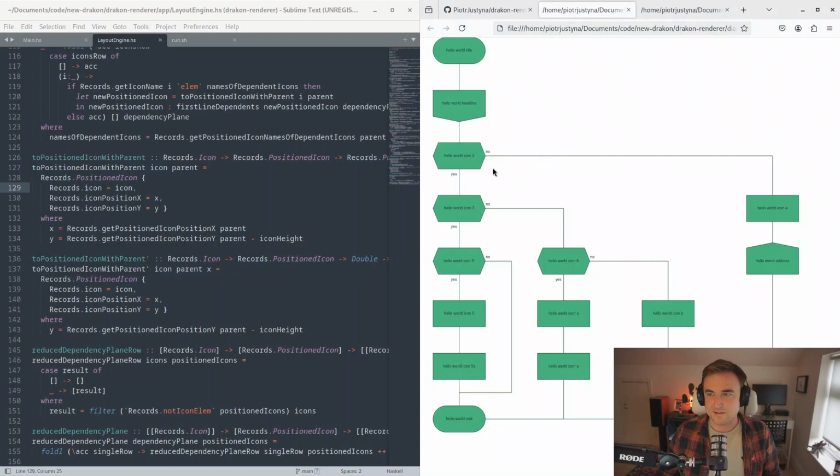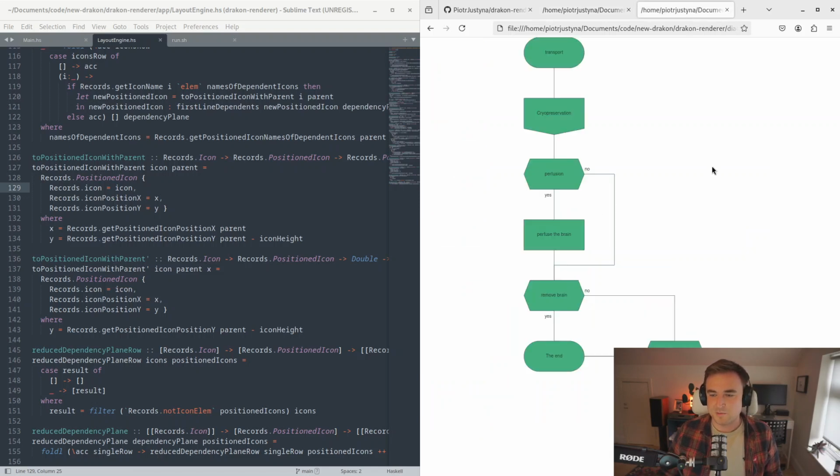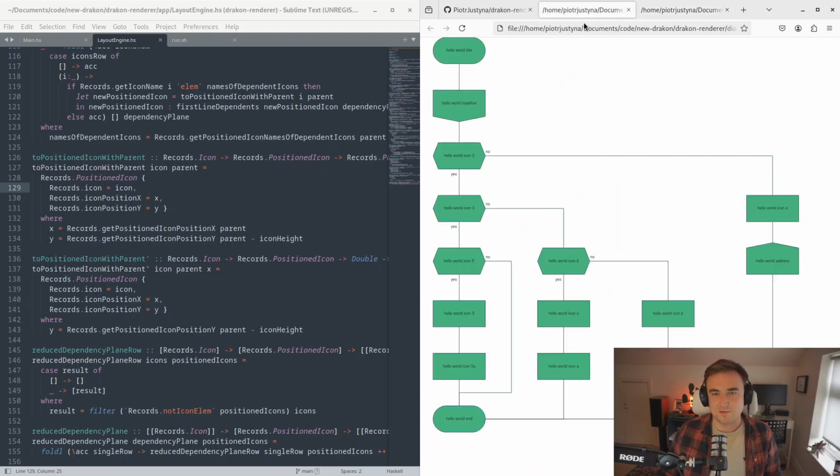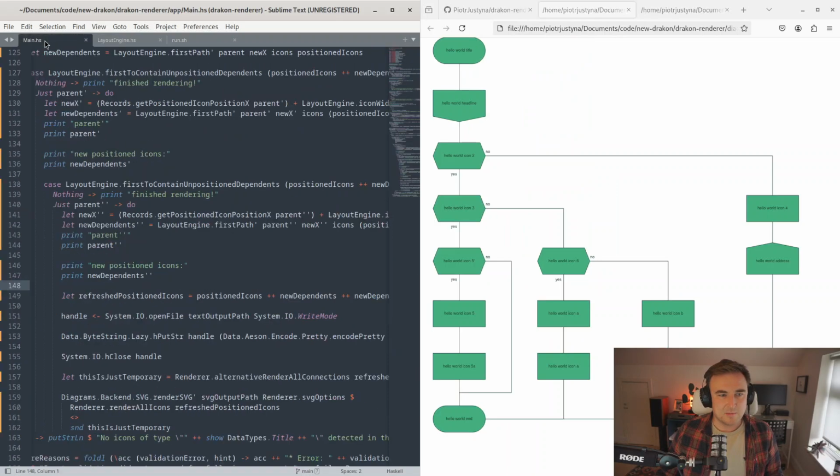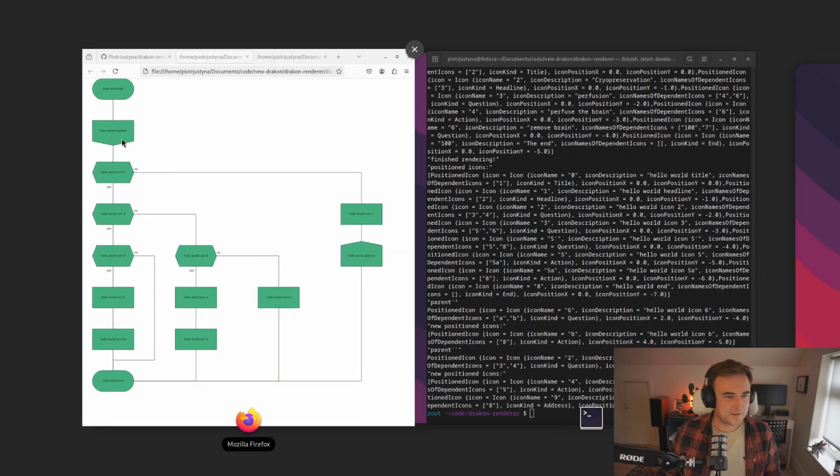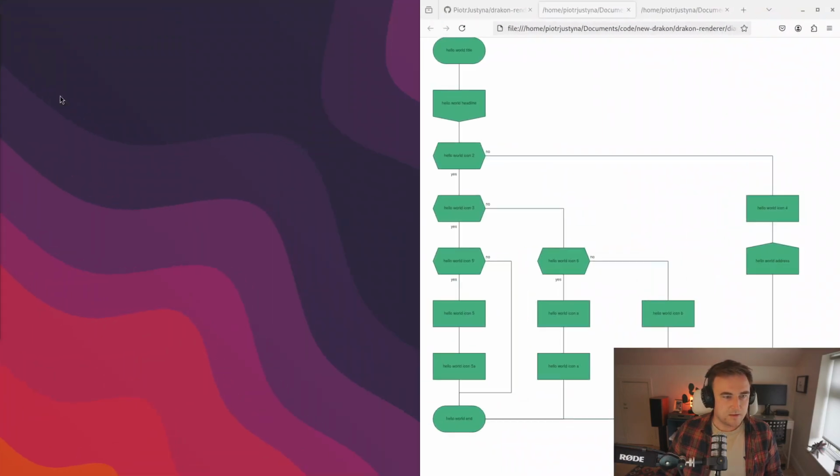This is how the new algorithm produces the familiar diagram number 1, and this is how it produces the familiar diagram number 2, with also the familiar issues. But that's not the point of today's session. Let's go back to the main file. Oh, sorry. Here